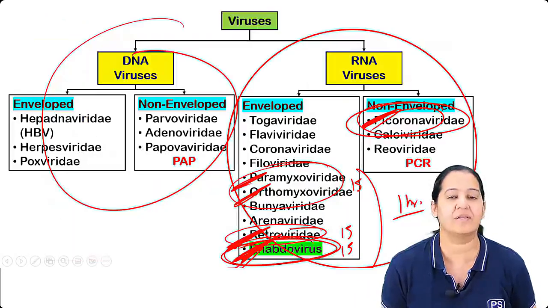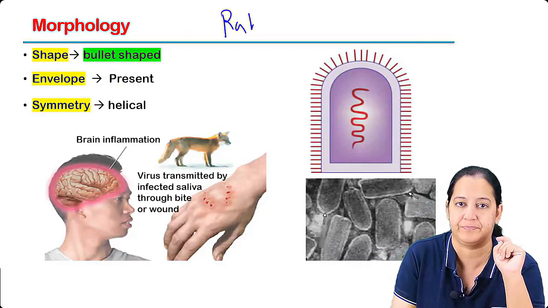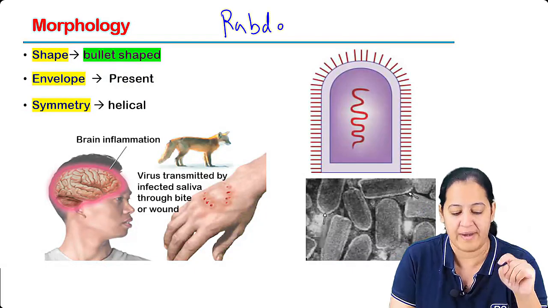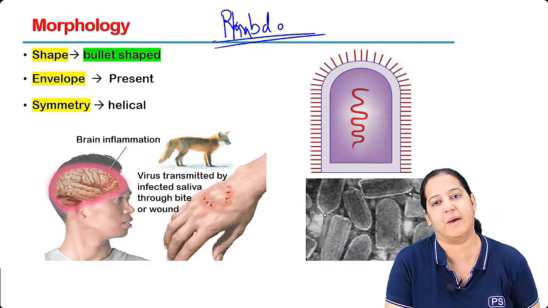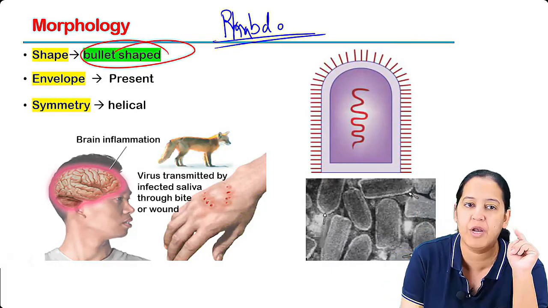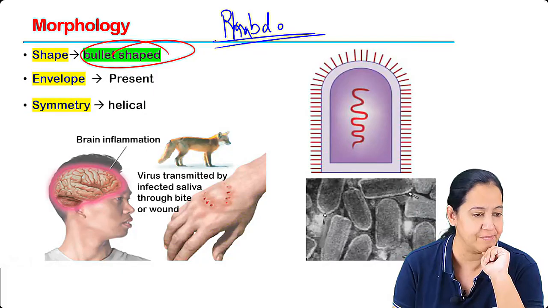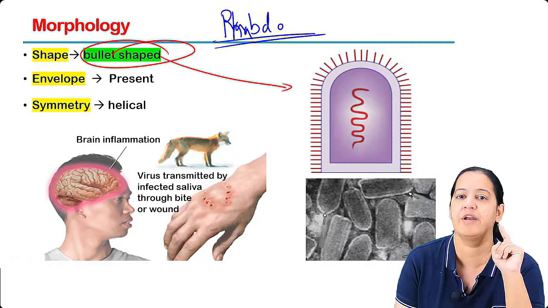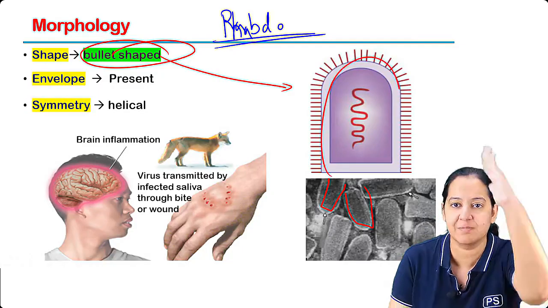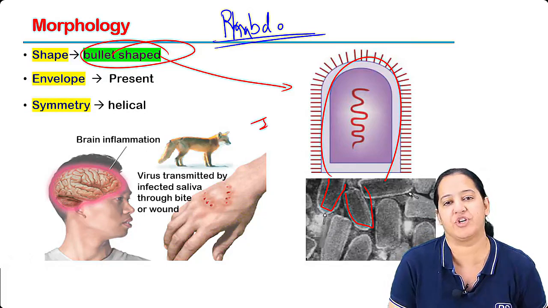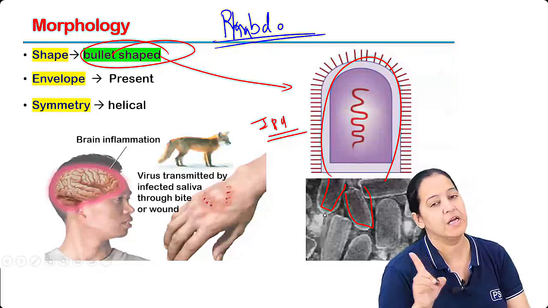So let's start the next virus, rhabdovirus. Here I am teaching you rabies. The rhabdovirus is the rabies virus. The first thing, have I taught you it's bullet shaped? Where I taught you all the shapes. So I told you it is bullet shape. You can appreciate the bullet shape. You get an image based question on that. Never forget, it's a bullet shape virus. You can get a question on that.